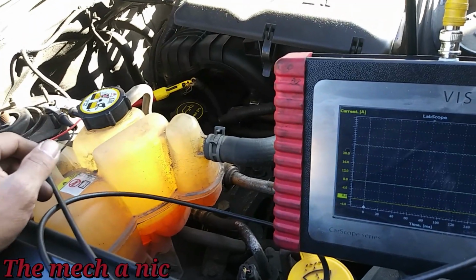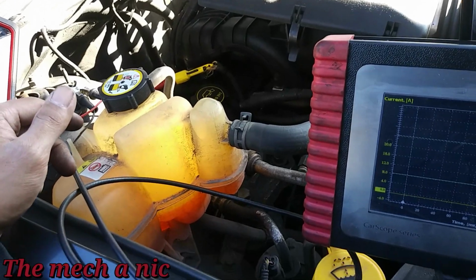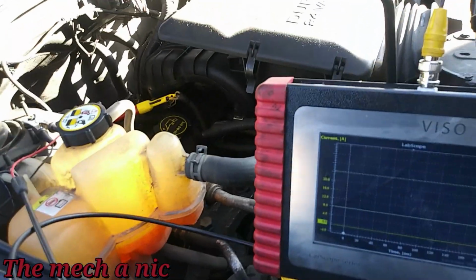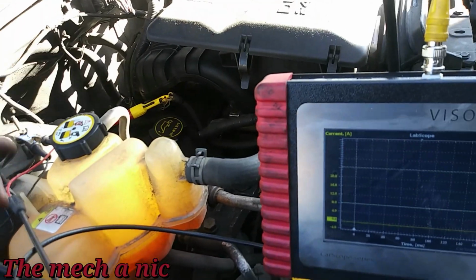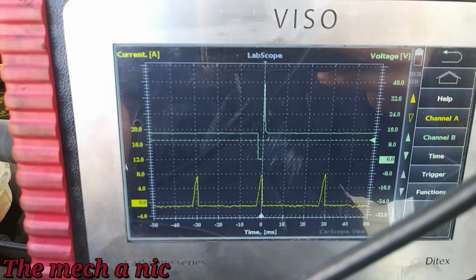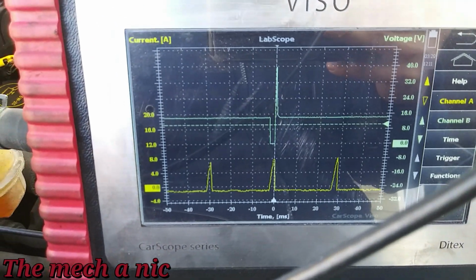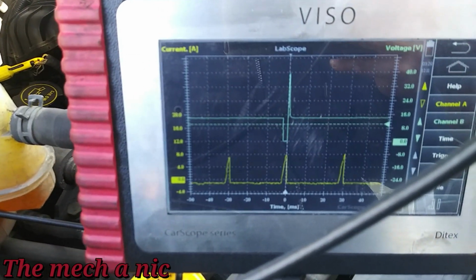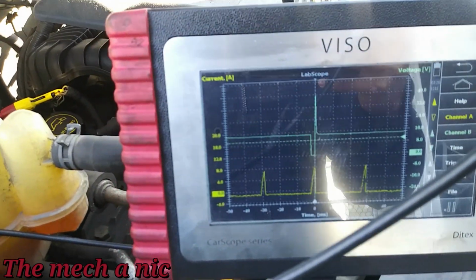Yeah, there's ways around things, so a wiring diagram just makes it way more efficient and faster to get to what you're looking for. But there's ways around it, and this is one of them. It's just like process of elimination, okay? This is where I'm at, and this is the waveform I want to keep an eye on. And there's nothing else I can do besides just wait and see if it starts misfiring